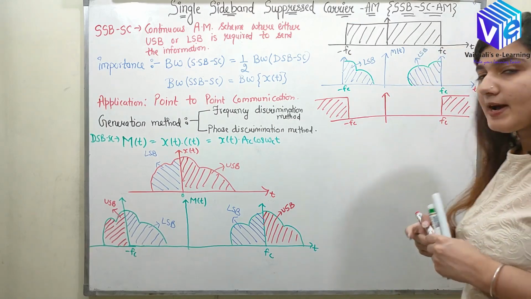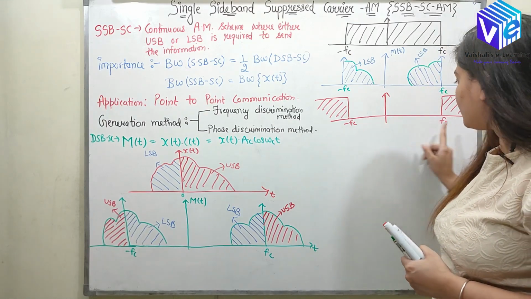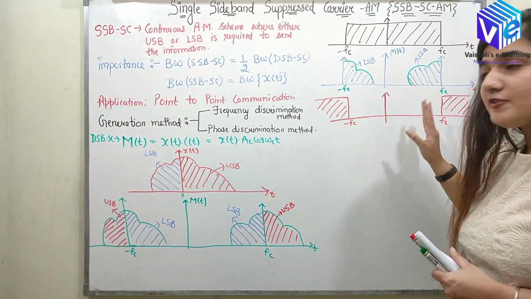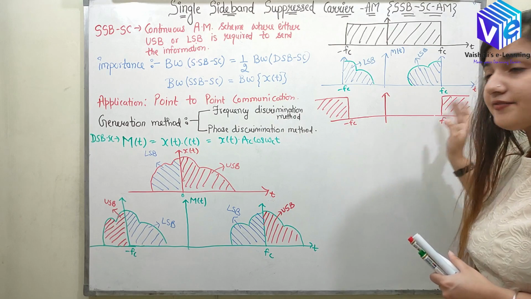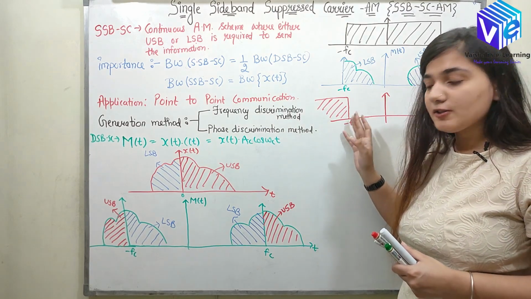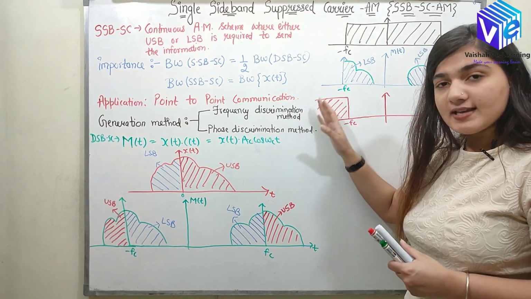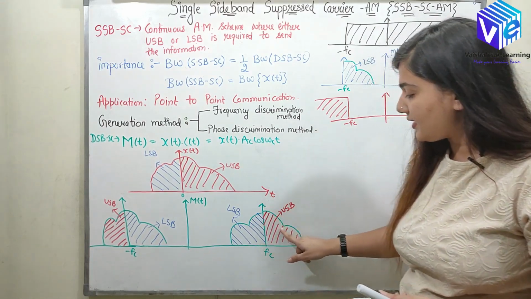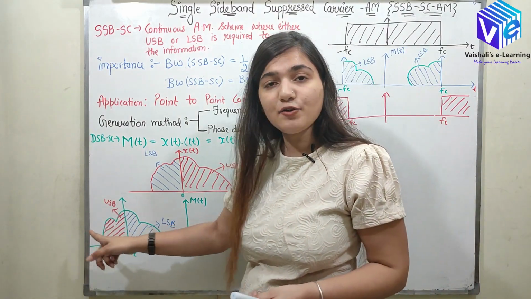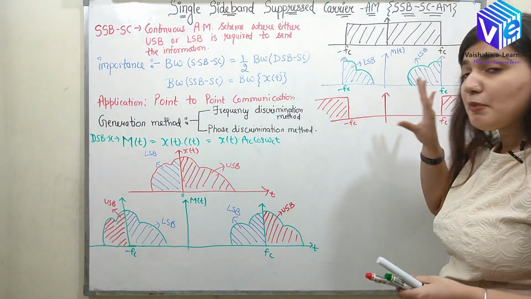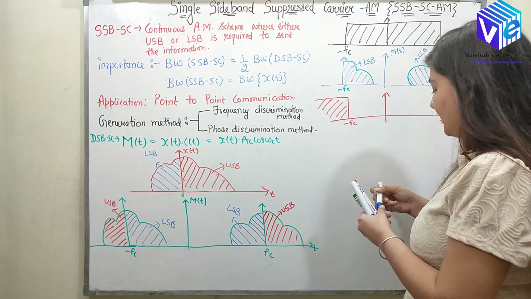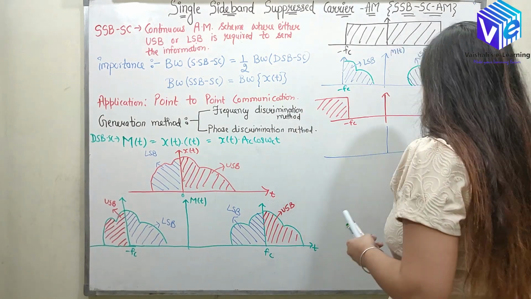So if the band pass filter has the cutoff frequency fc and minus fc, and it passes all the frequency components greater than fc, and here also passes all the frequency components lesser than minus fc. So now which components would be passed? Here the red component and here the red component. So now with the help of this kind of band pass filter, I'll transmit only red components.